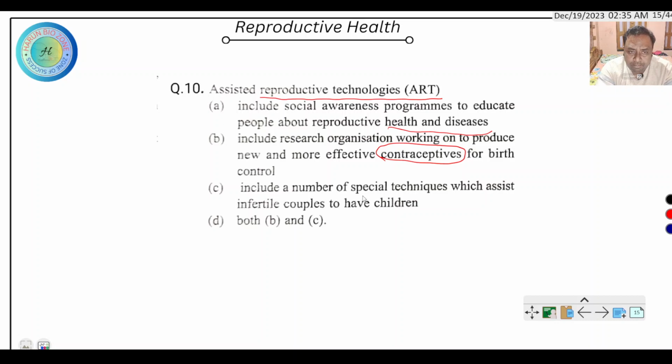Include a number of special techniques which assist infertile couples to have children. This is the right answer. Infertile couples have children. This is the main purpose of this technology. Next question,